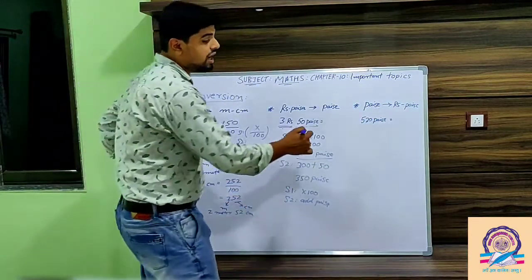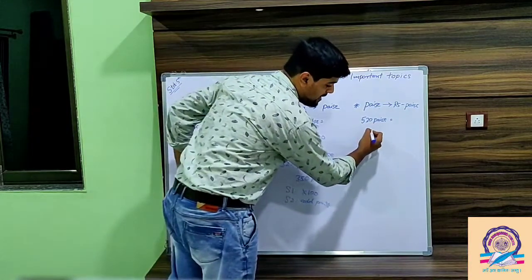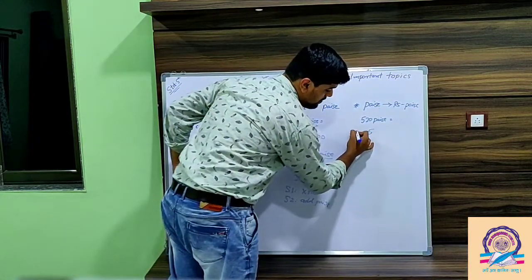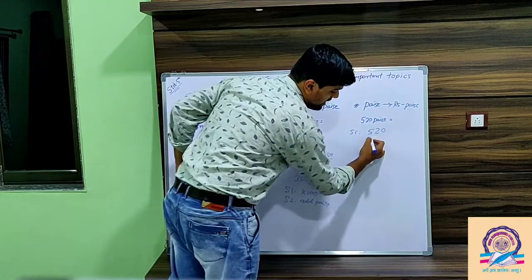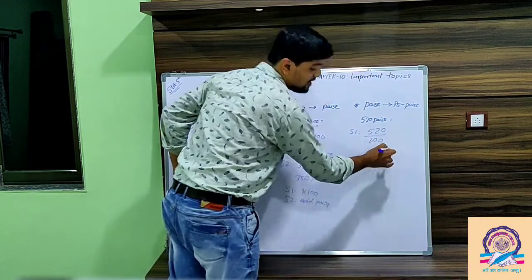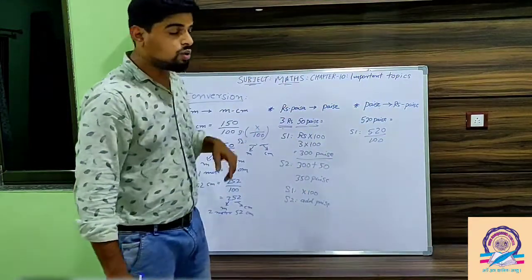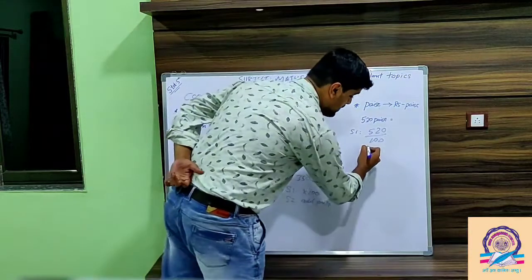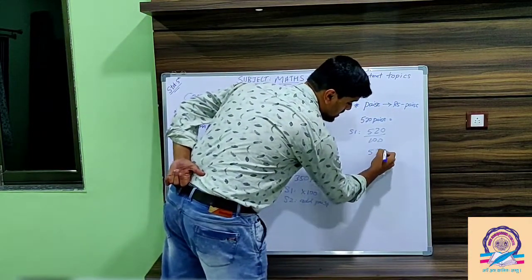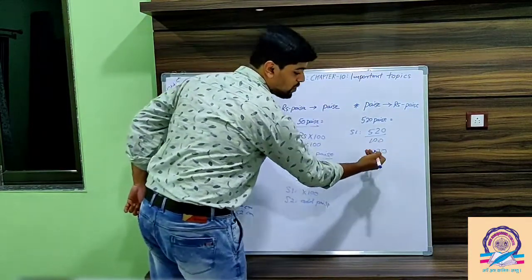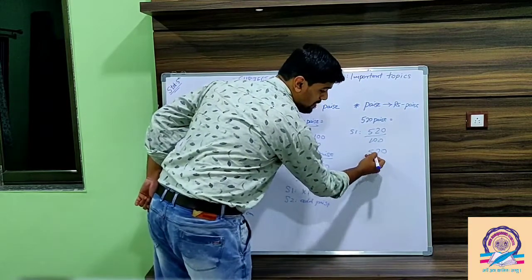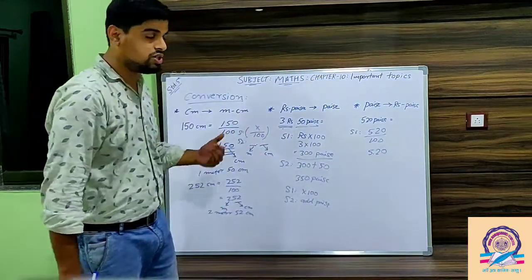So here we have to divide the given paisa by 100. So first, in step 1, we have to divide the given paisa by 100. Then we have to apply our rule, that is, we write our numerator as it is. Count the number of 0s: 2. So 1, 2. We have to put the decimal before 2 digits.